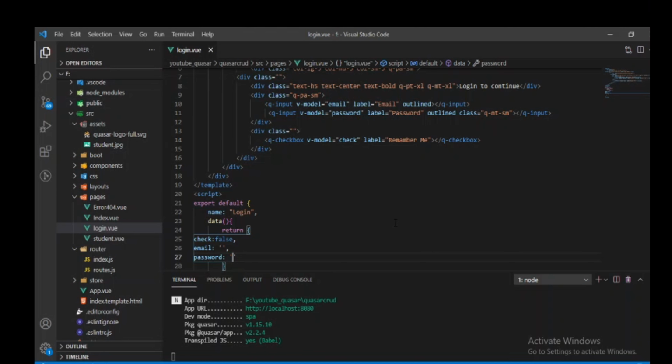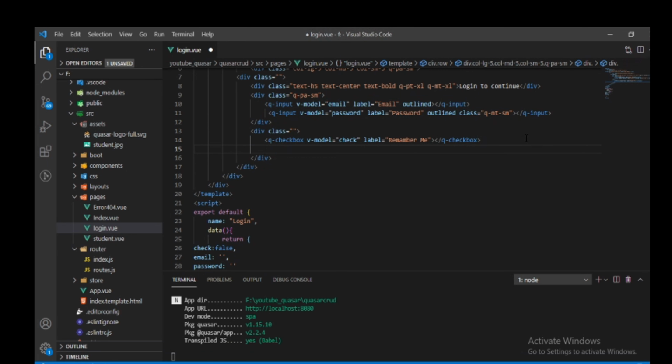So we will need another hyperlink. For that, take a hyperlink, href, and then the text "Forgot password?".